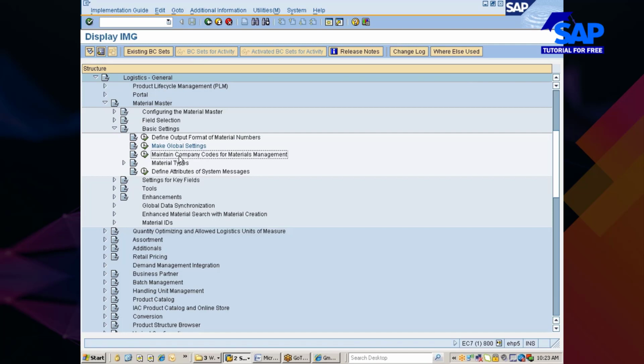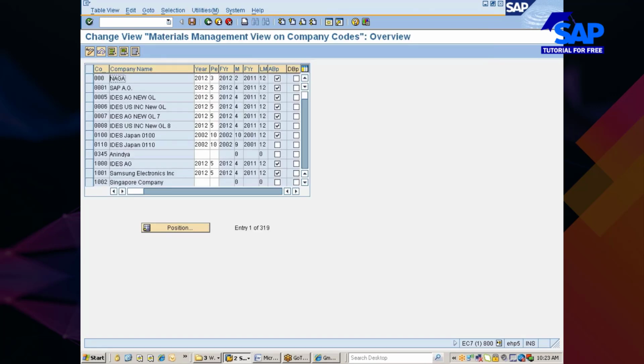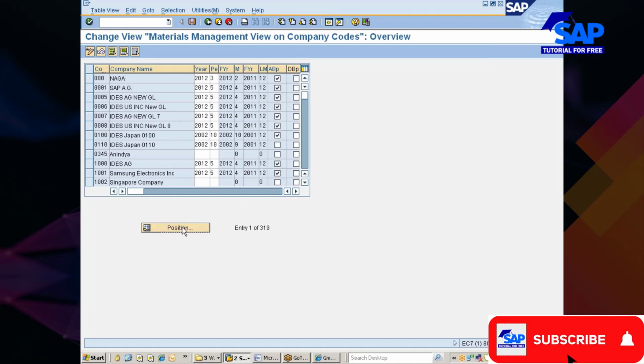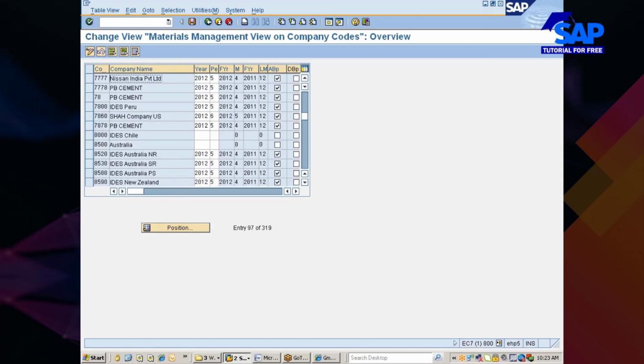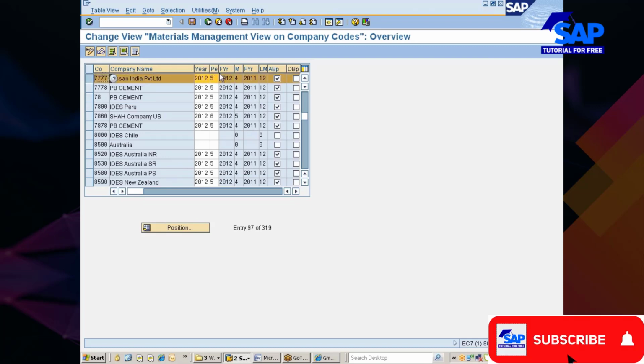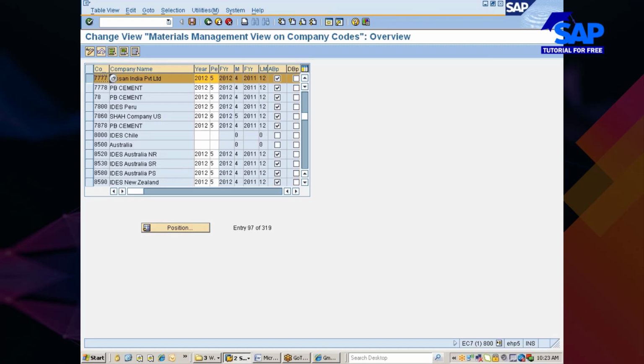And then there is another transaction, that is OMSY, the transaction code which I have already gone through. This is that one, maintain company codes for material management. So here I would have shown you for your company code what is the current year, what is the current month. What's our company code? 777, right? You could see here for this particular company code, current year is 2012, and the period, the current month, is 5, of course, which is not correct, but until yesterday it is 5.